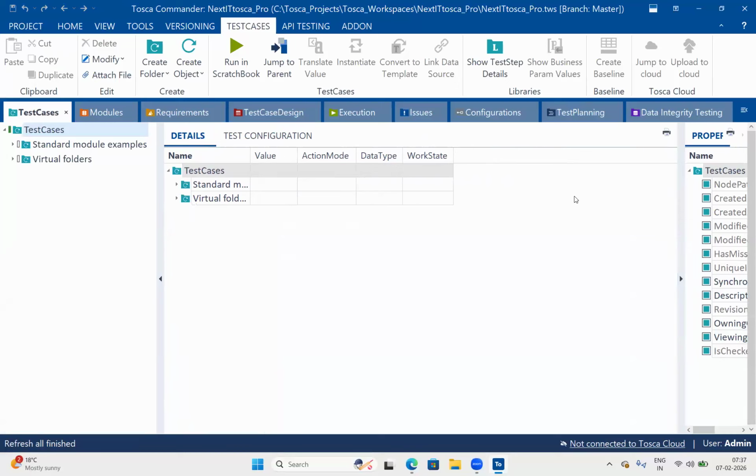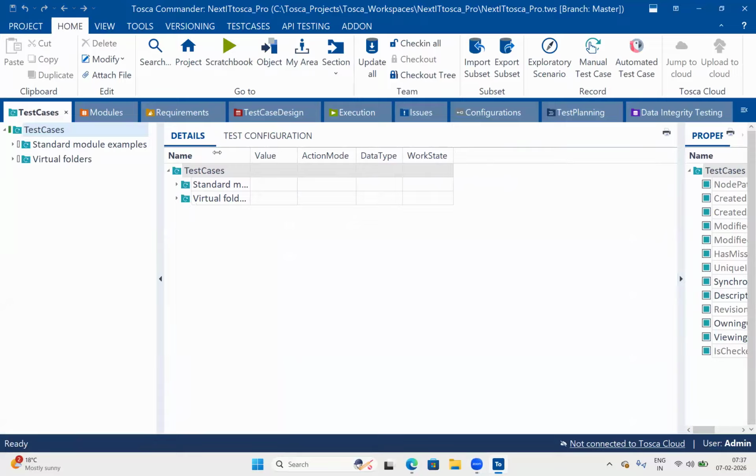Once you log into the project, you can see a number of sections added. Initially, let's focus on the tabs. I'll come from the scratch. This is the project tab, where we set up things at project level. This is the home tab. The home tab holds a couple of features: multi-user actions, import and export subset, some scenarios, and record and playback features. This is the cloud connectivity, for integrating your scenarios to the cloud and how to do the setup. That's it.